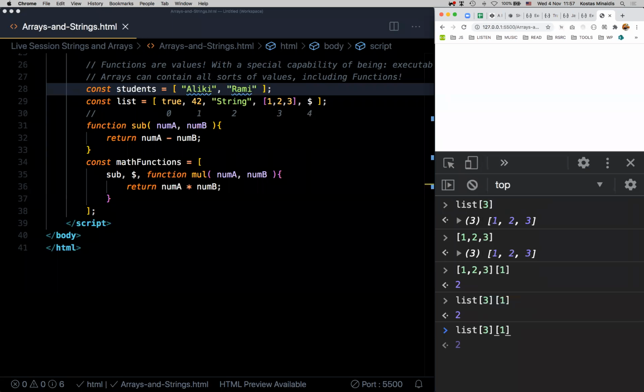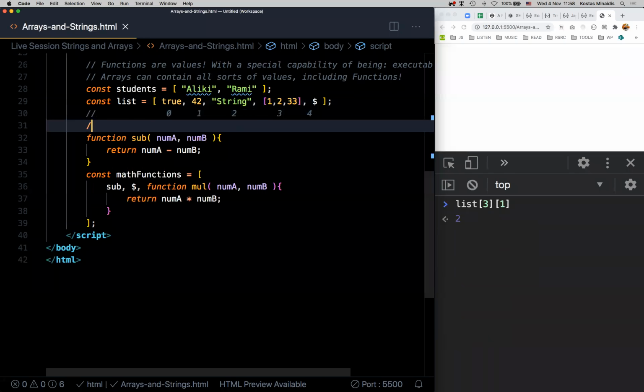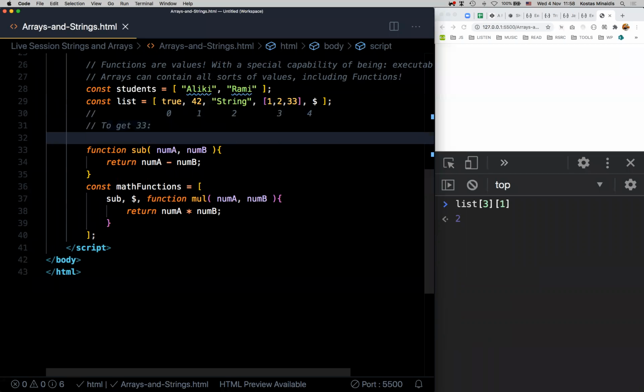And this can go as deep as I want. I can have an array inside an array, which has another array, and so forth. And the way to access is through this bracket notation. So if I want to get, let's say, 33, I will use list position 3 and position 2,